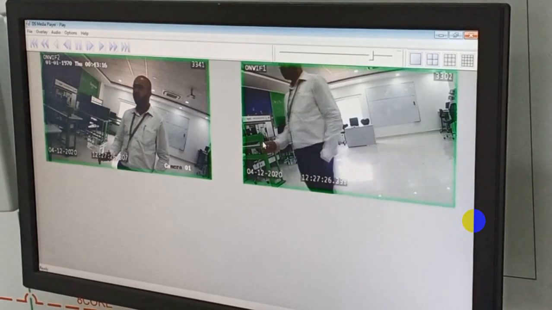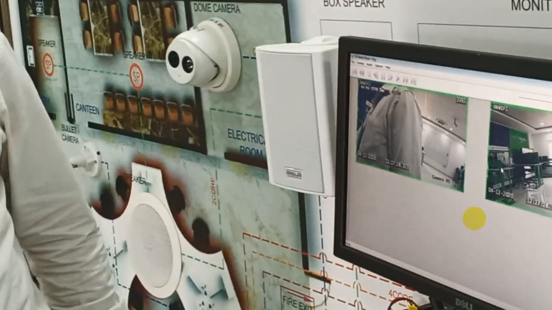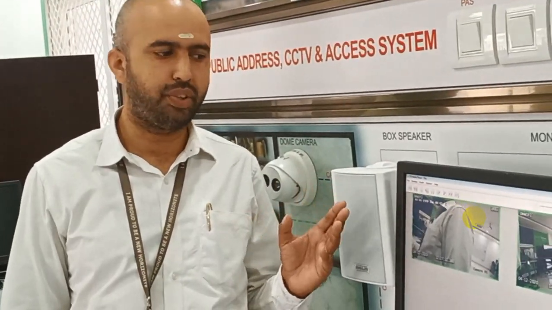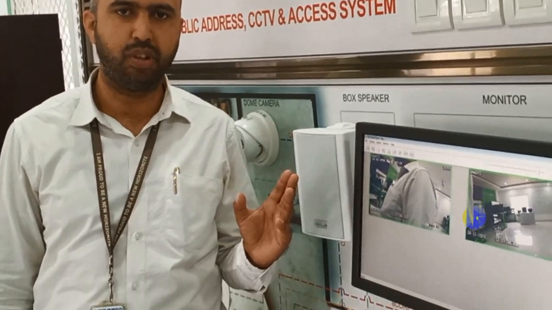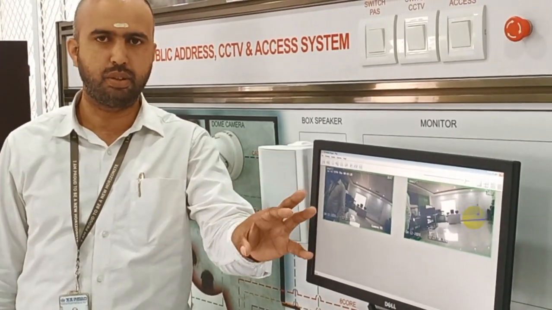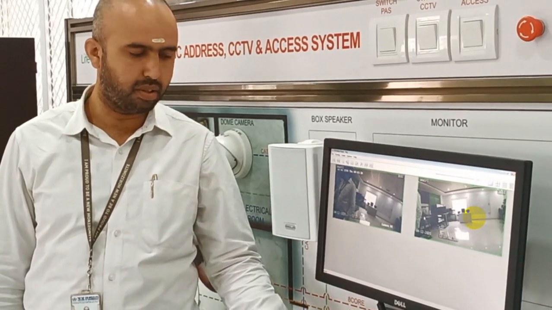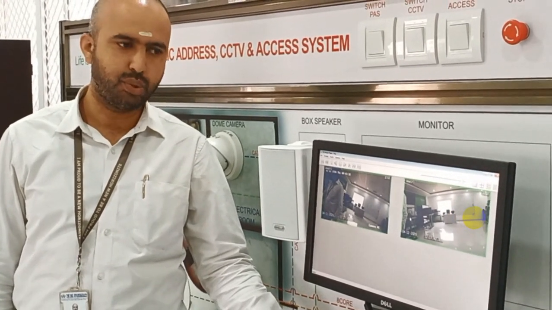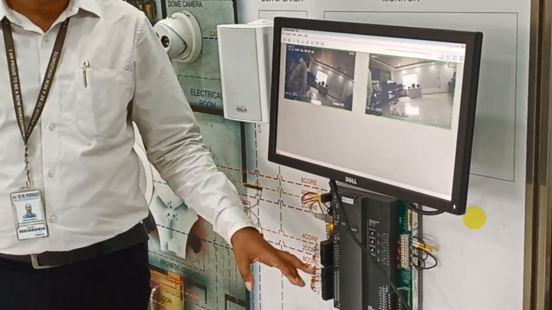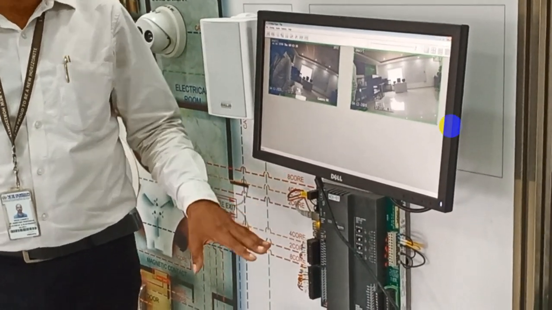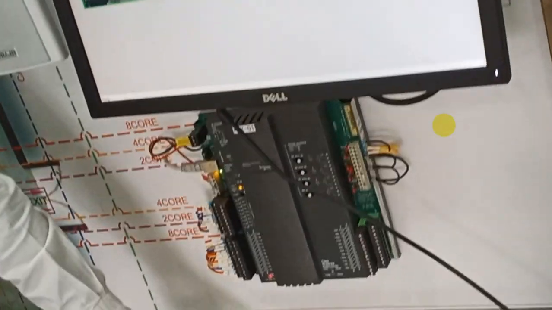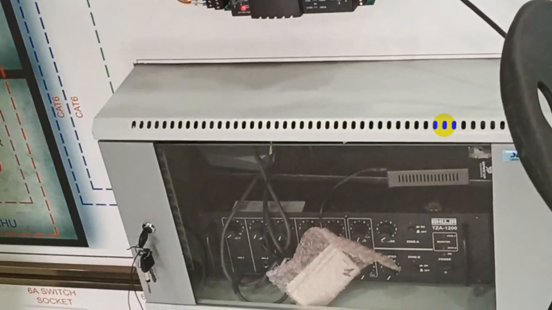So this is very much useful when we are applying for the security systems and we want to track the people or track someone. So wherever it is required, we can apply the system. Just install the CCTV cameras, just install an NVR, network video recorder. So it is actually multi-purpose. It is meant for access control system, and also for CCTV system, and also for the PAS, that is public address system also. So these three are in this single package.